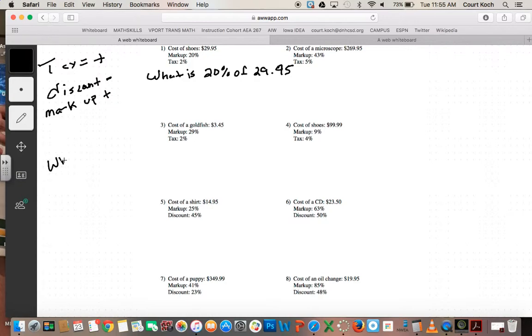Remember, what is the same as X? Is the same as equals. Of means multiply. X is 20%. I have to change that back to a decimal, 0.20, times, going to use that decimal dot, or excuse me, that multiplication dot there, of